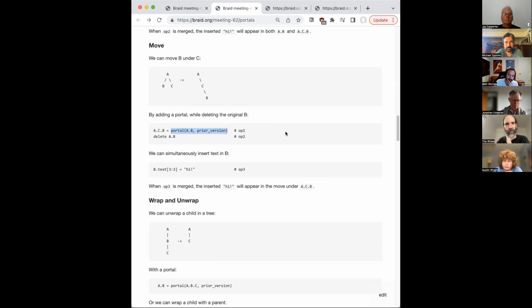Okay, and are the portals two-way links? Does it matter which of the copies I'm modifying when the portal is created? Yes, it does matter. They are one-way links. And yeah, if you want to have something that is symmetric, like in advanced portals, then the way to do that is to make two portals that point to a single place in space-time, and then you make all of your edits to that single place in space-time.